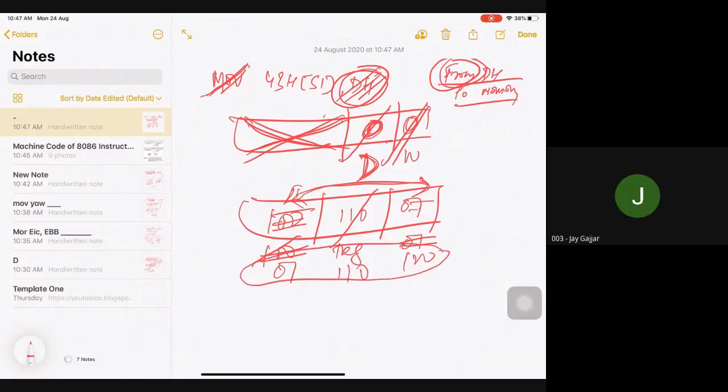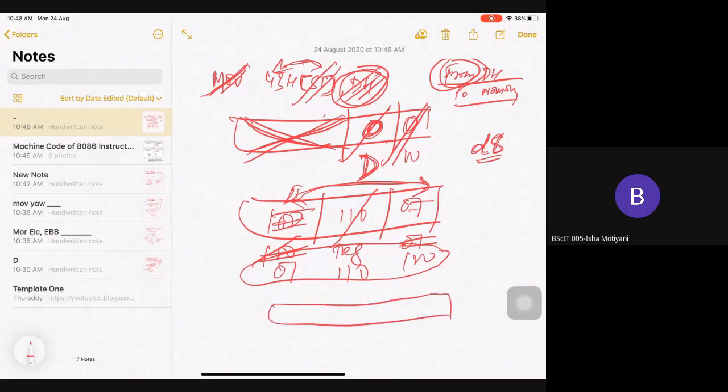Okay, so this is done. Now we have to tell our assembler that we are going to move data into square bracket SI with 8-bit displacement. So this we have conveyed to our assembler. But now our assembler doesn't know the value of that D8. It knows it will be an 8-bit displacement, but what is the value of D8? That our assembler doesn't know. We need to tell our assembler that you need to move 43. So another 8-bit is needed where you write down the code of 43: 0 0 1 1 0 1 0 0. So this is also needed. So now this will be my 3-byte instruction.